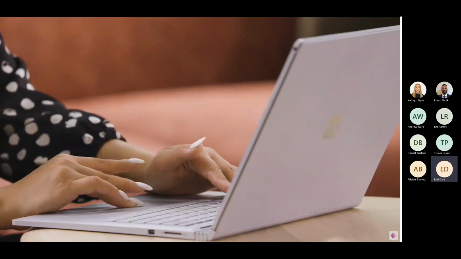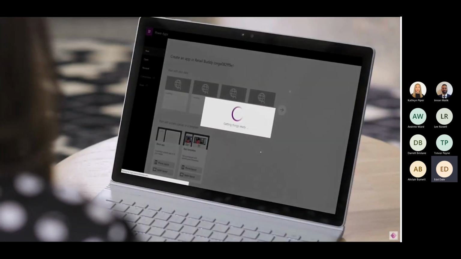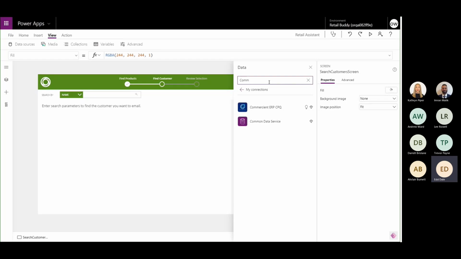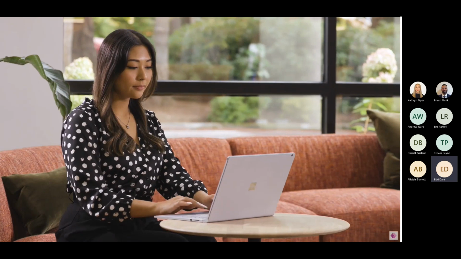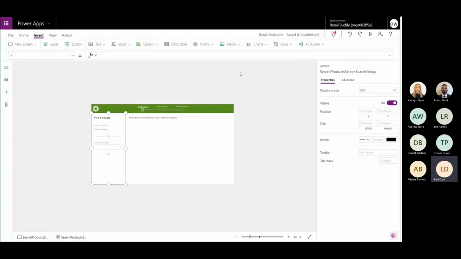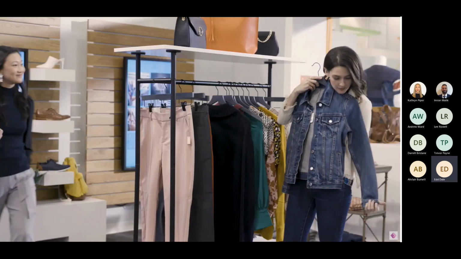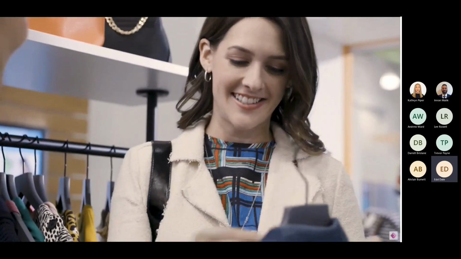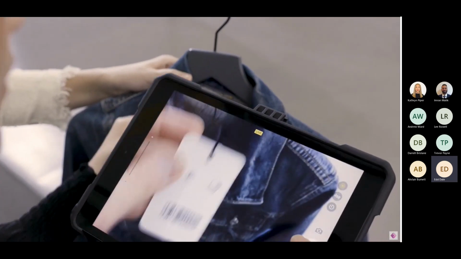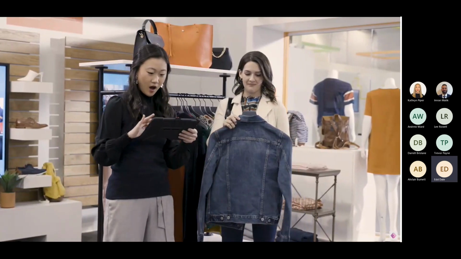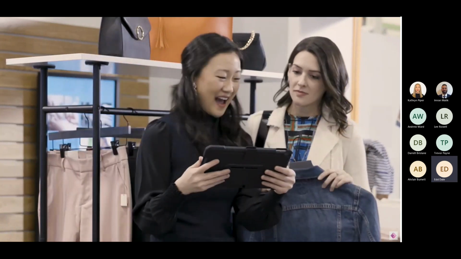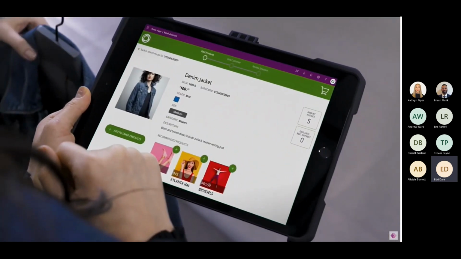Olivia can connect to all the data she needs by leveraging the large library of connectors or use the powerful common data service that comes with Power Apps out of the box. She adds business logic to surface relevant customer information faster and adds barcode scanning to the mobile app before securely sharing it with her store teams. Casey, a top sales associate, is energized by how the new app helps her upsell merchandise. With the new mobile app, she is able to easily scan product barcodes while interacting with customers. The scan quickly surfaces related catalog items that may be of interest.